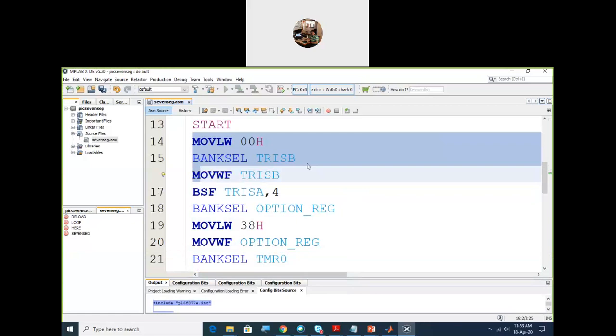I will go through the instructions one by one and add comments as per the program, so that you will understand how this program works, and later I will share this ASM file with you. Is it fine? Yes, sir.